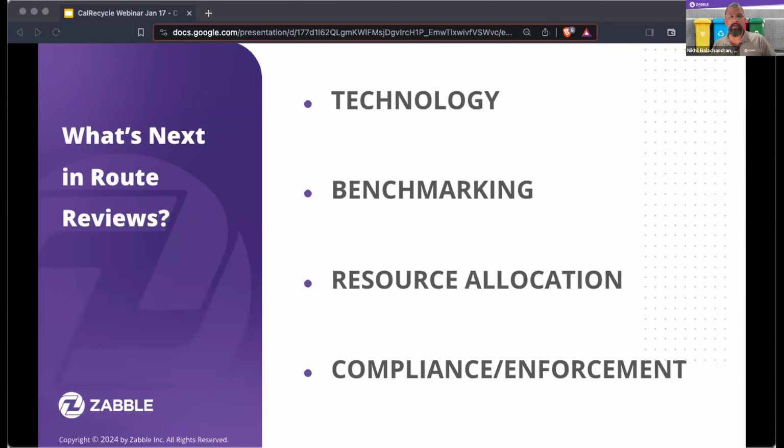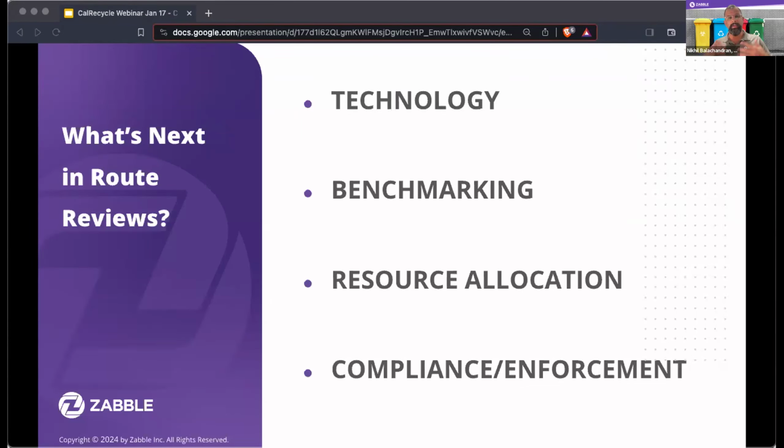AI is real, it's here, and if used correctly to help humans, I think it could be a huge benefit. Benchmarking is really critical because you're going to do this every year. So it would be really great for every city to start benchmarking their data, so you could compare yourselves to your own performance and figure out ways to make them more efficient. And resource allocation: allocating your resources based on what the data is telling you, using contamination frequencies, the hotspots across the routes, material types is really going to help you hone in on those problem areas, or the common folks, and then be able to send out those outreach materials.